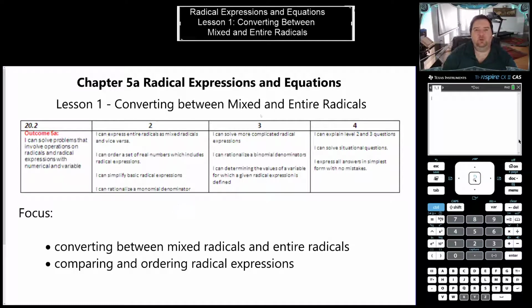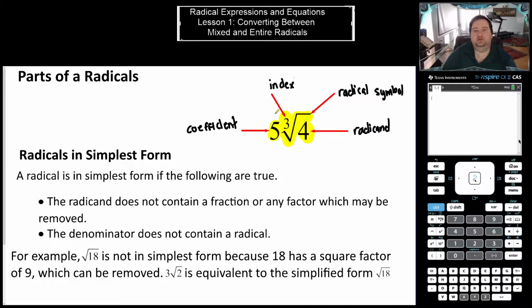Today we're going to be starting our new unit, radical expressions and equations, and we're going to be looking at converting between mixed and entire radicals. And let's get started. So the first thing we're going to look at here is